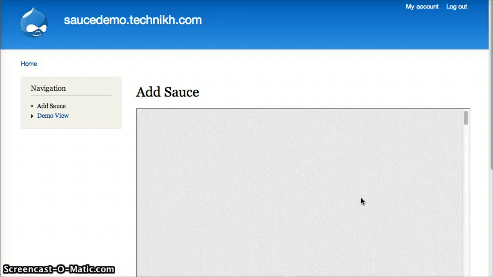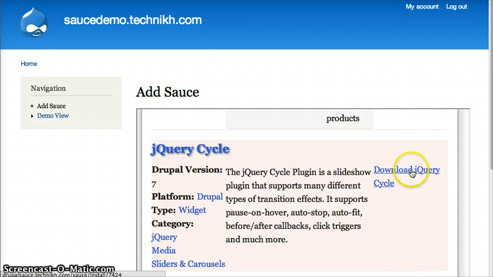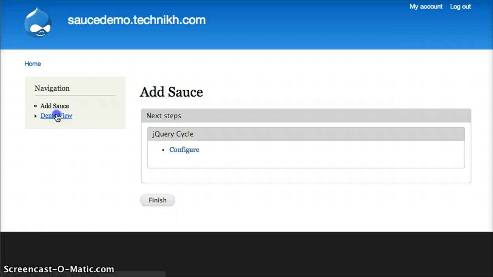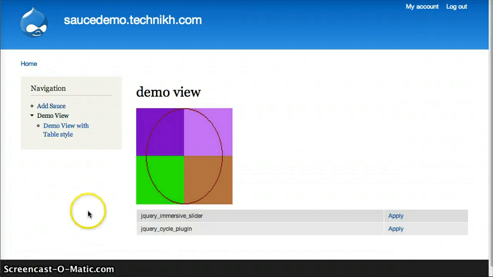Once it loads, again it's unpublished, so we have to go to the my account page and get it from there. So here in the my account page, I will download it again, and when I go to the demo view page, I see the